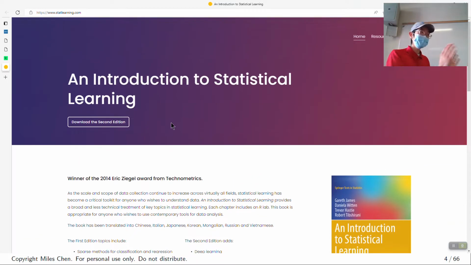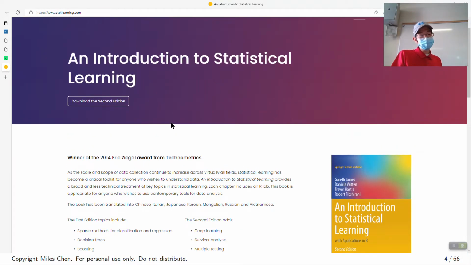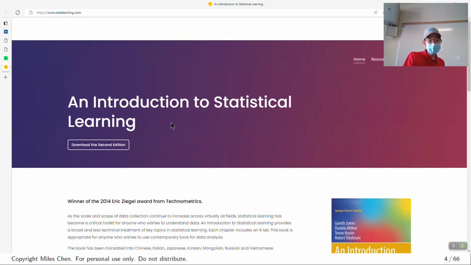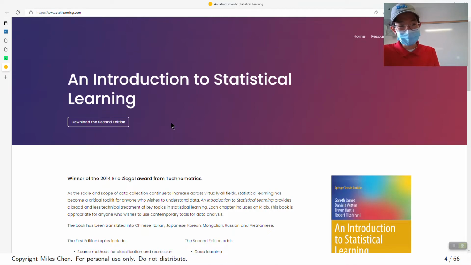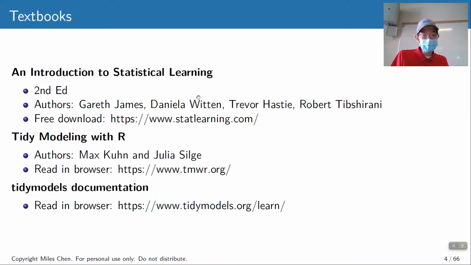Certainly there's something fun about holding a book in your hands, but basically, you go to this website and you can just click download right here, and it'll download the PDF, okay? And it's the full text. It's not like a junk version of the text. If you want the physical version, you can go on some bookstore website and buy it, okay? Introduction to Statistical Learning is considered by many to be one of the gold standard texts on machine learning, okay?